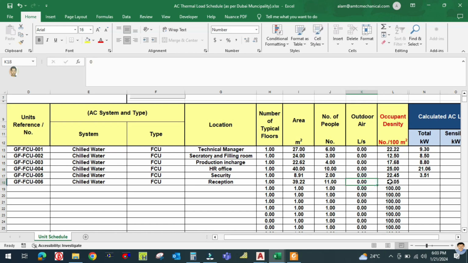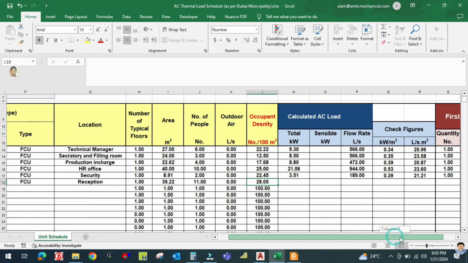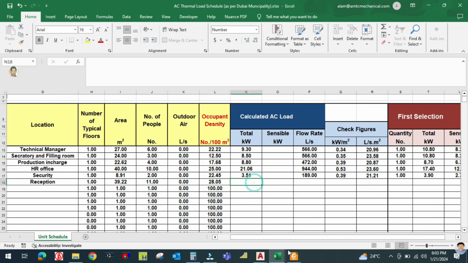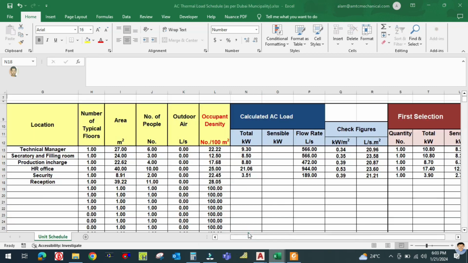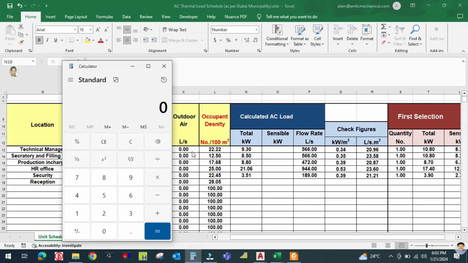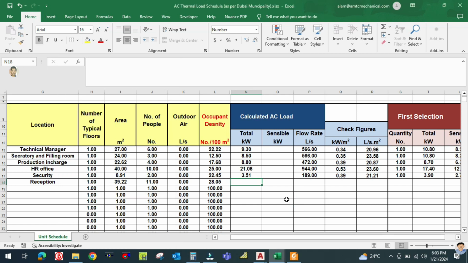Okay, and then the calculated tonnage. Calculated tonnage, you can look at this: 3.9, which is equivalent to 4 ton. 3.92 into 3.51 is 13.72 kilowatt. So 13.72 is the calculated kilowatt, and liter per second is